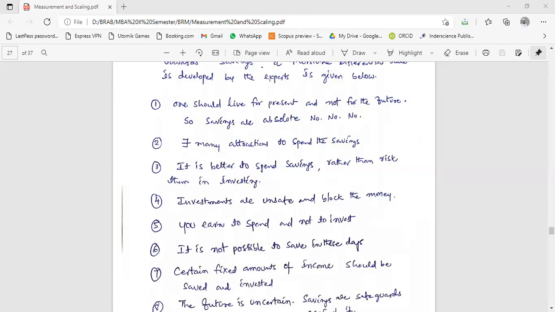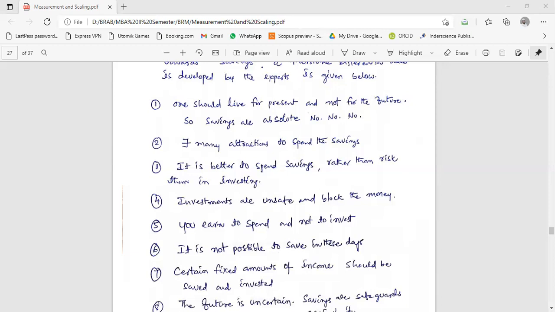No, here investing does not mean that you are investing in a stock market or in shares. Investing is something you are keeping money aside. It may be a fixed deposit also. Instead of saving, it's best to keep it aside. It's favorable. Investment will help you to meet your future needs.